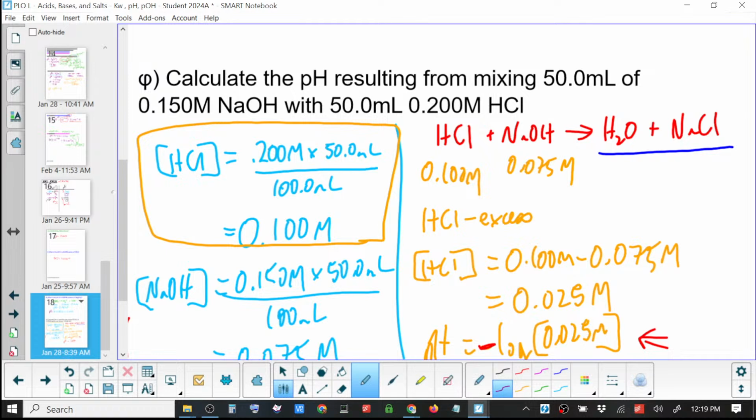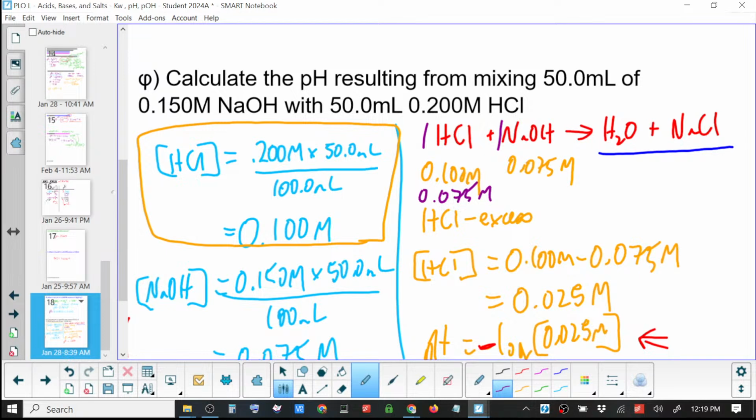If this is using up 0.075 moles per liter, all of it's going to get used up. How much of the HCl will it use up? It's in a 1-to-1 ratio, so it'll use up the same amount. Stoichiometry. But if you have 0.075,